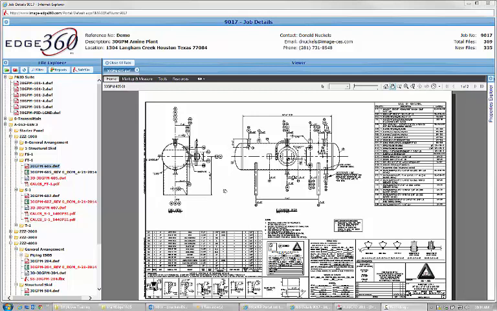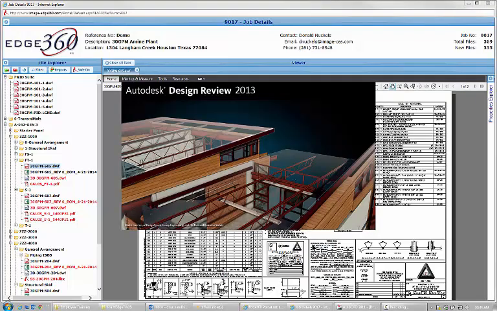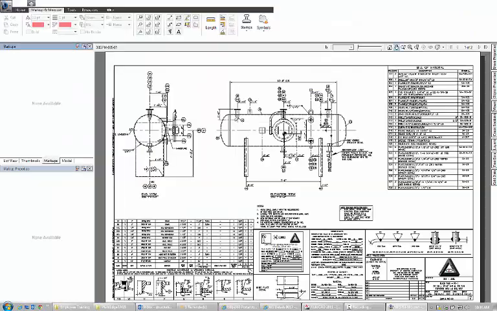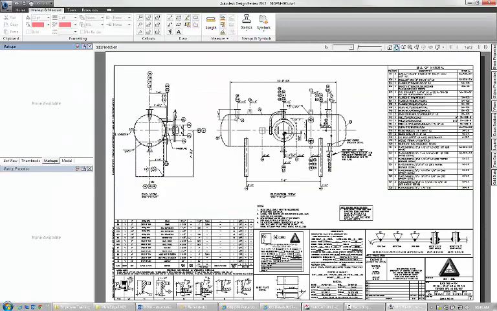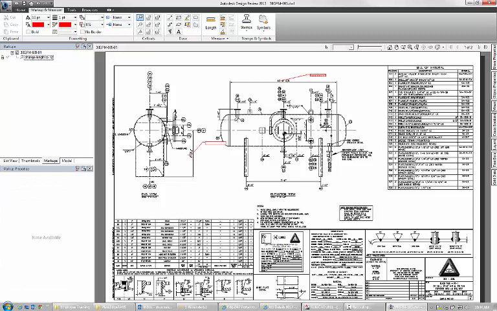So I have a drawing here, and of course I'm inside of Edge 360. I'm going to say open in DWF application. Of course, I could have downloaded the file from the website, however you want to do it. But I'm going to go in and add some markups. So let's say I want to say change length to 12 foot, and I want to put another mark here that says